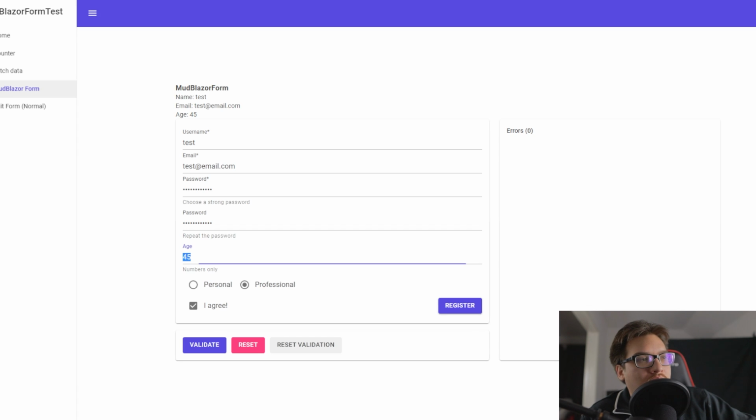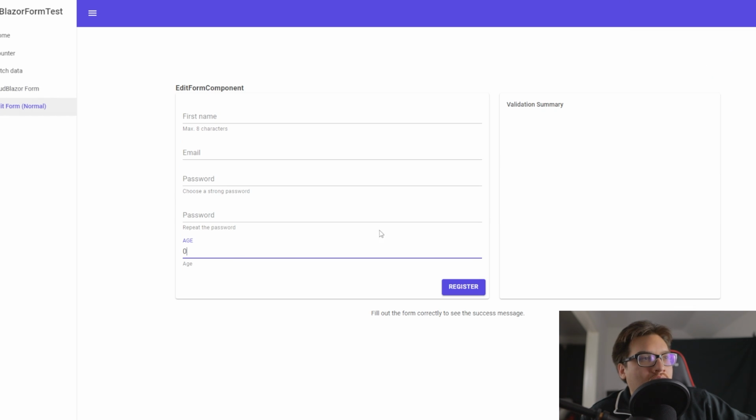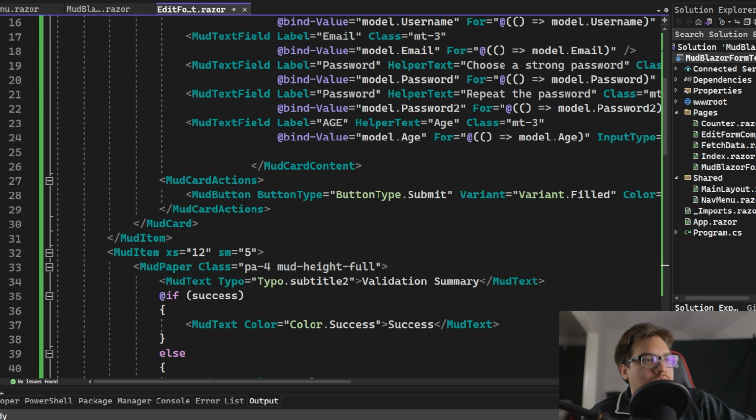And I'm going to show you what the edit form version looks like. If I were to put 1,000, that's obviously outside the range, and it's going to say 0 to 100 years. If I did it here, it says nothing. What that tells me is that there is a bit of an issue here. I've seen that some of the data annotations do work, some of them don't. So in order to fix this problem for the edit forms, you do need to add it to the actual